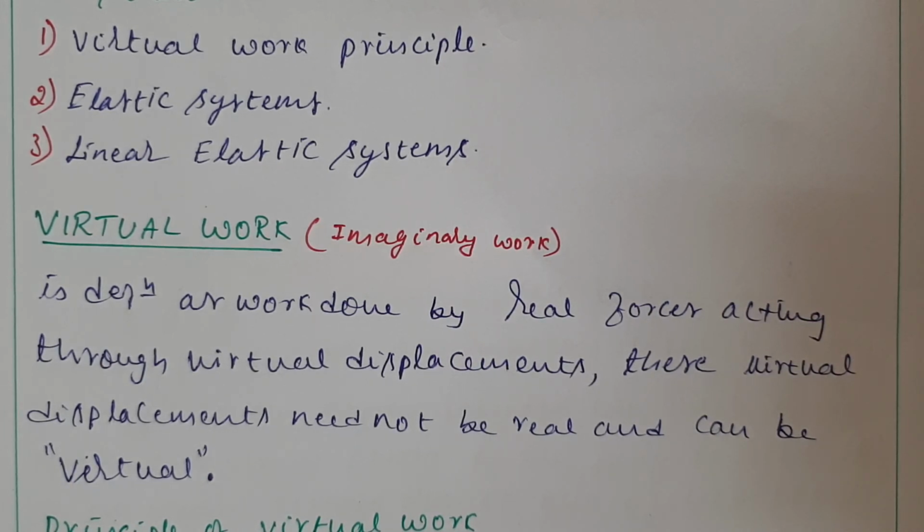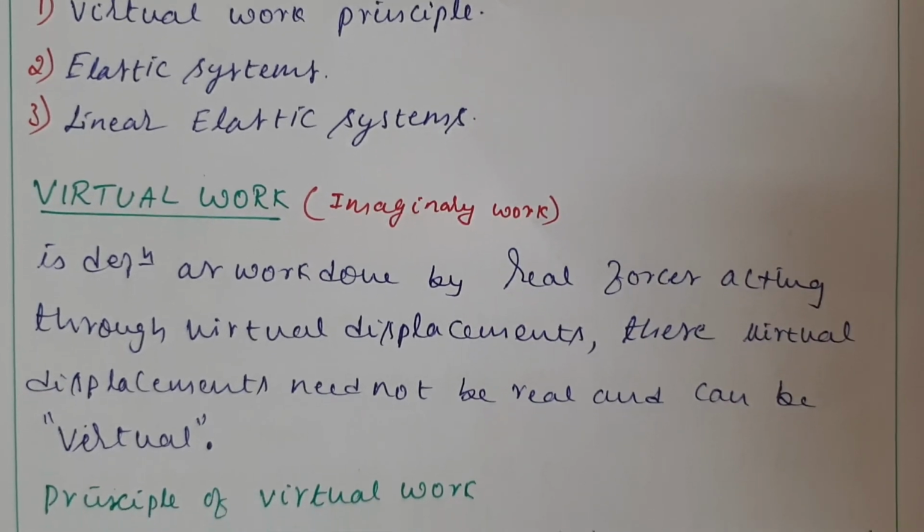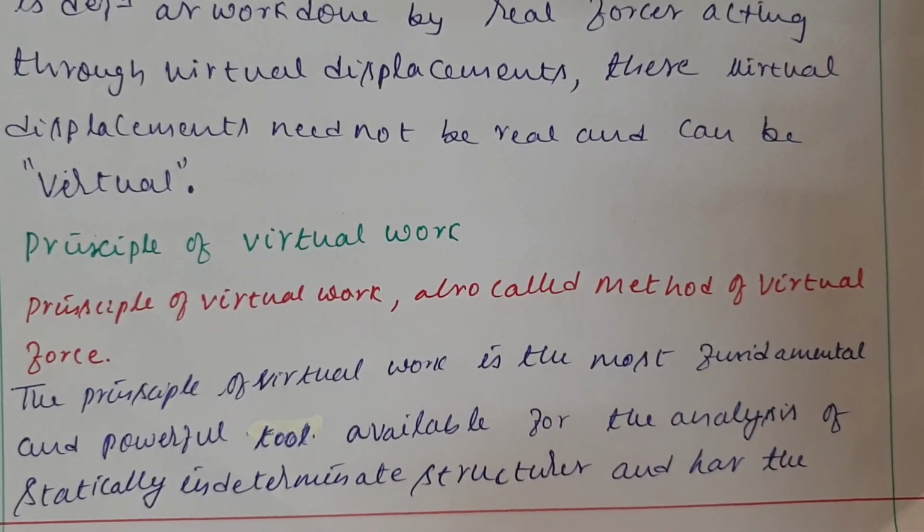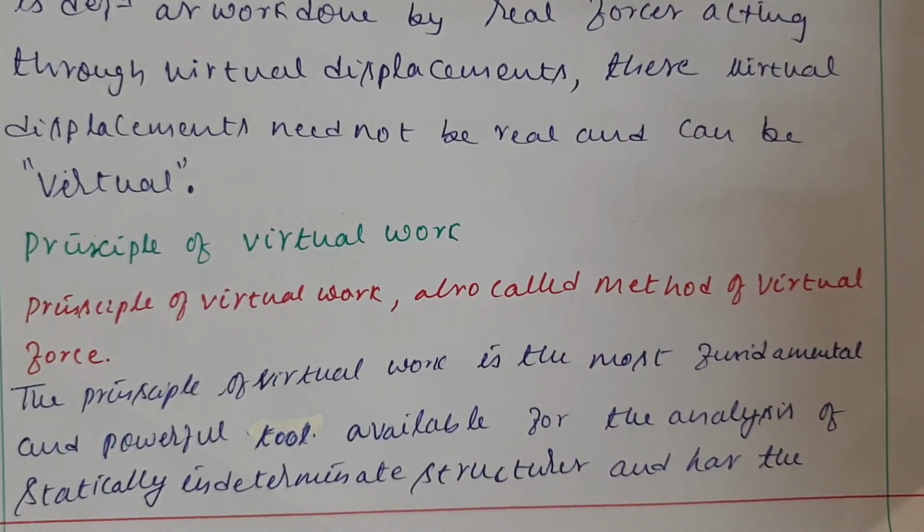So if you are applying a load, sometimes displacement will happen, and we imagine that displacement. That is what is called work done. It is always the product of force into displacement that gives the work. So here also, imaginary work means, if you apply a real load on an object, it will undergo displacement, that is imaginary displacement, or sometimes it may be real also. The principle of virtual work is related to the same definition I told earlier.